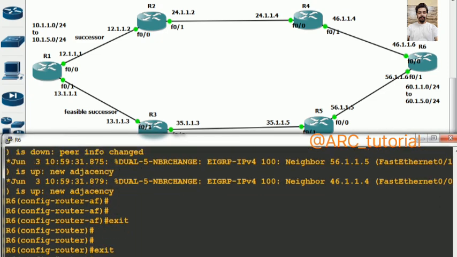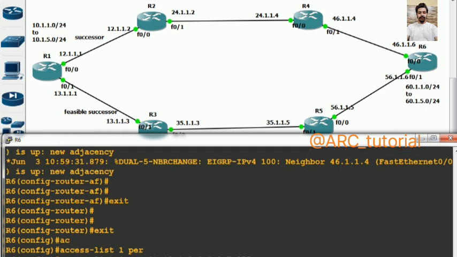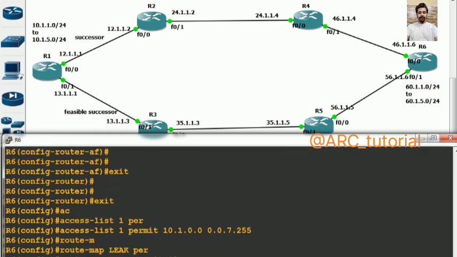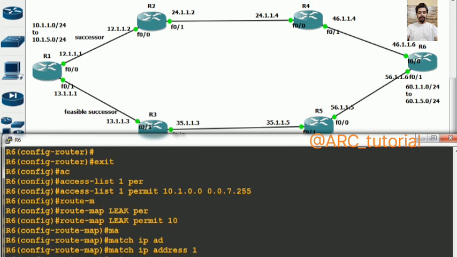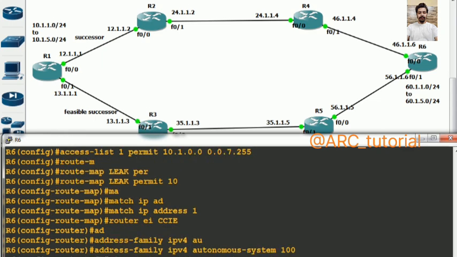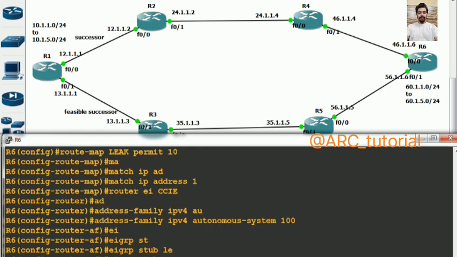Access list 1 permit 10.1.0.0 0.0.0.7. And then say route-map leak permit 10, match IP address, and then router EIGRP, autonomous system 100, address family IPv4, and then say EIGRP stub, and then you can say connected, or you could also say connected only if you don't want to allow summary